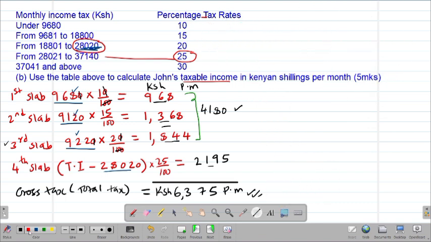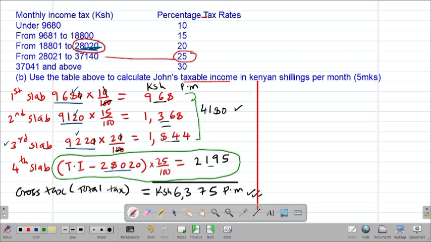The question wants the taxable income. So for us to get the taxable income, there's an equation that we need to solve. We just need to solve this particular equation for us to get the exact amount of the taxable income. So the equation is taxable income minus 28,020, then multiplied by 25%, 25 over 100. This should give us